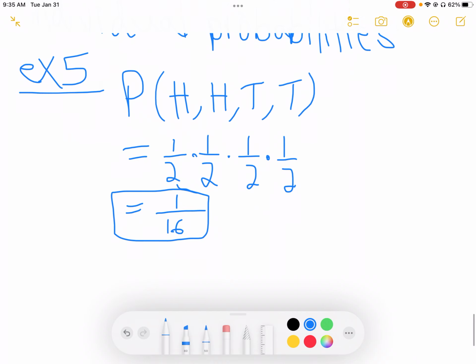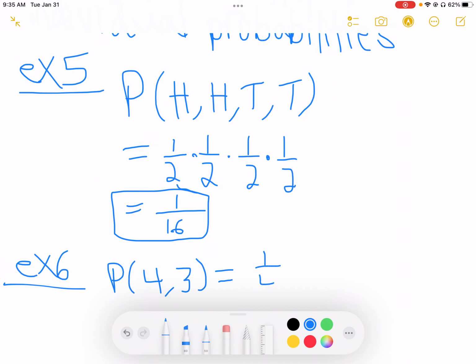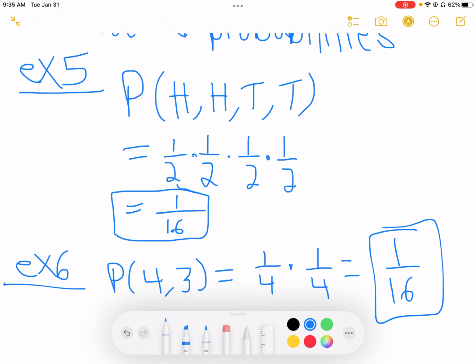Okay, and then the last one here, they have a spinner, and the spinner has 4 possible outcomes. So they ask, what is the probability that I spin a 4 and then I spin a 3? Well, if it only has 4 spinning locations, then it's 1 of 4 there and 1 of 4 there. And so it'd be 1 over 16, just like the one above, but for a different reason. I have 4 possibilities in my spinner, and I'm asking for 4 the first time and then 3 the next time. Okay, so if you want to take a break to work on your practice, then we'll go on to